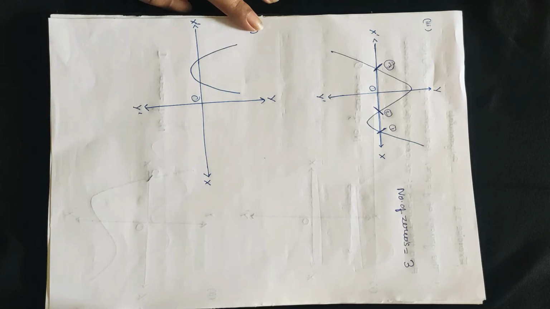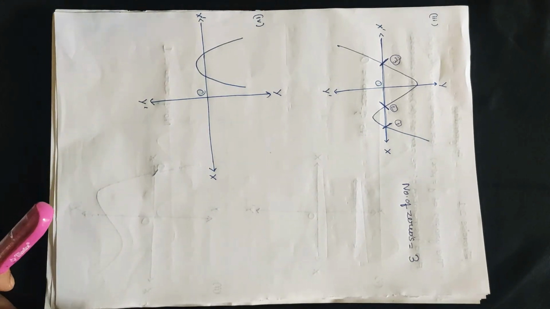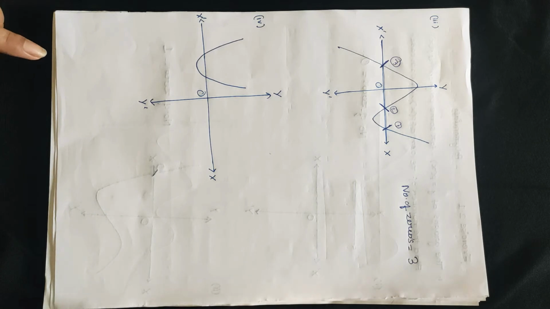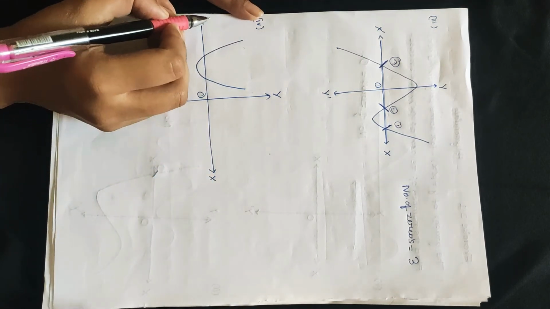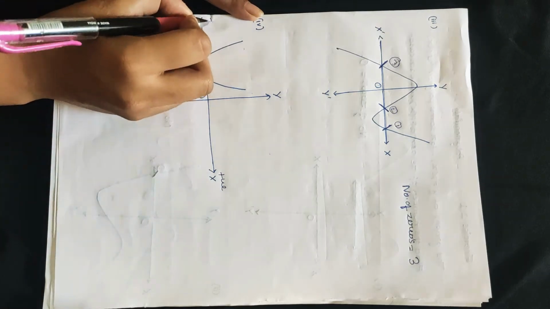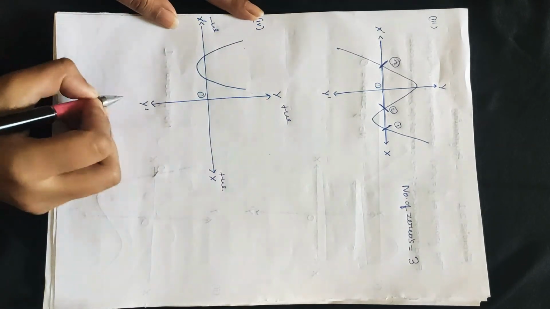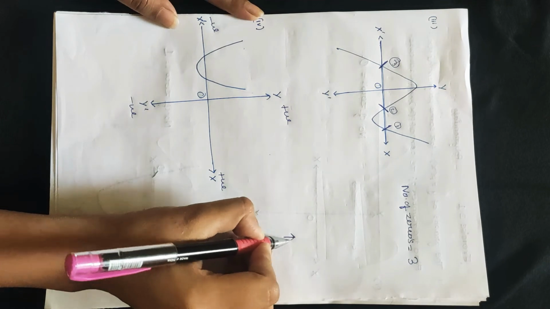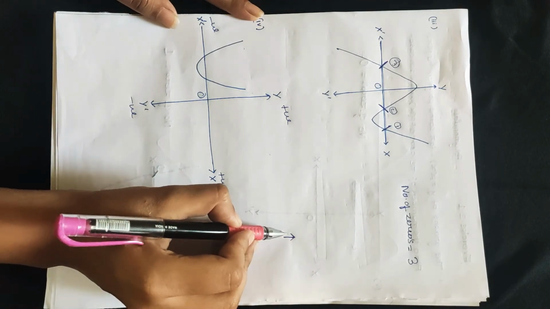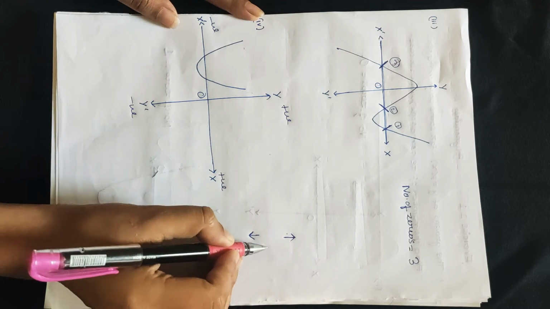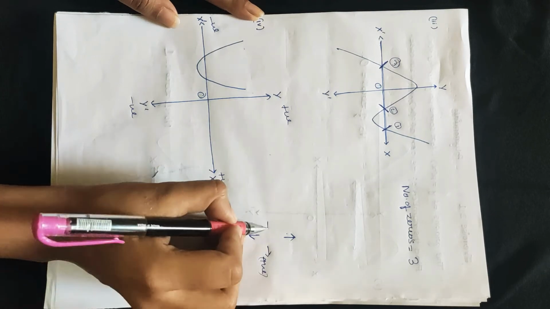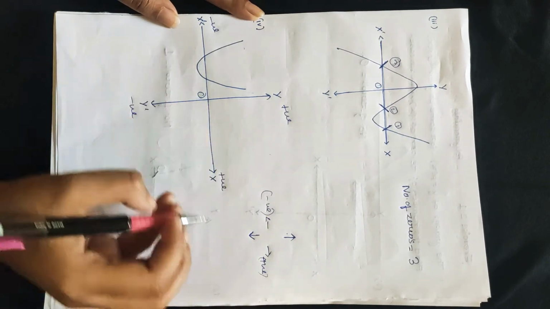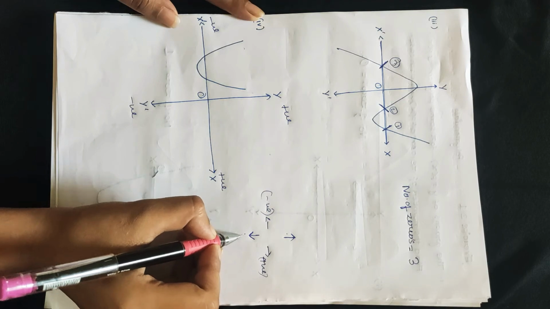Okay, now let's see question number 4 of exercise 2.1. Question number 4, how the graph intersects the x-axis, the negative of the x-axis. This is the positive of the x-axis, this is the negative. Upwards is positive and downwards is negative. So if anything goes upward in the graph, it's positive. If it goes downwards, it's negative. If it goes to the right hand side, it's again positive, and to the left hand side it is negative. Okay, this is how it was named.